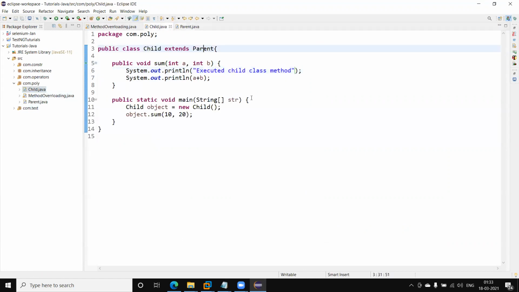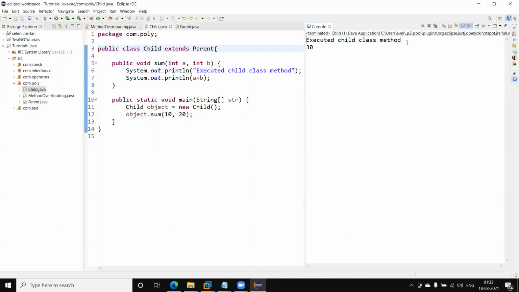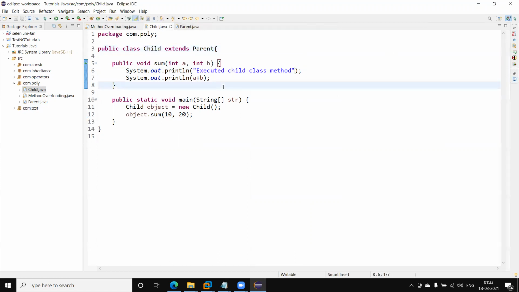If I run this, you can see the child class method is executed, meaning the parent class method is overridden by the child class method.